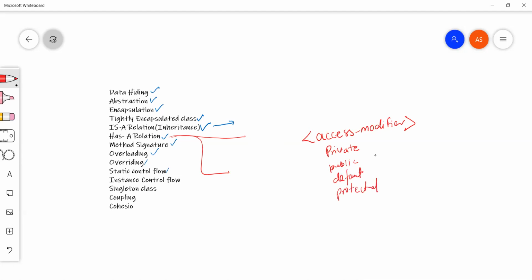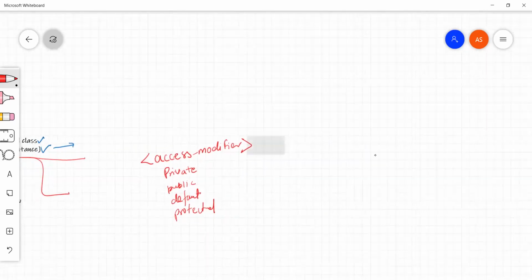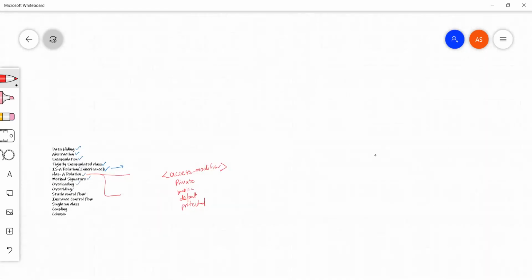So this is the access modifier. Then what next will we have? We'll have the return type of the method. This is the syntax I'm writing. Return type would be there.